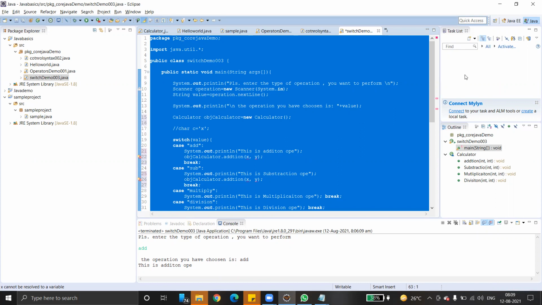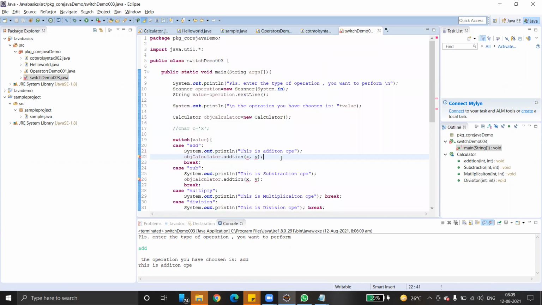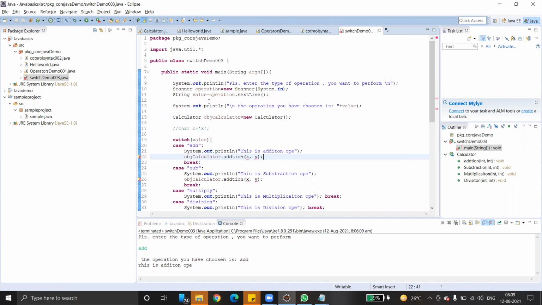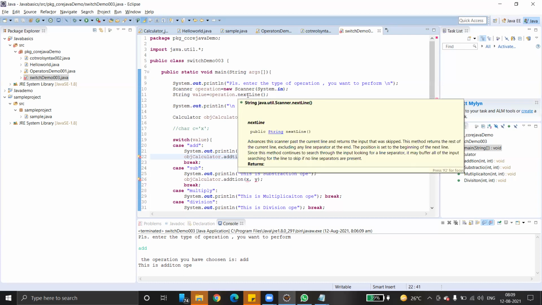Can you explain that statement with the next line operator? Nothing actually. Scanner is basically a built-in class available in the utility package. What it does basically is parse the data, whatever data you are entering into the console. When you are dealing with strings, we have to use a function called next line.